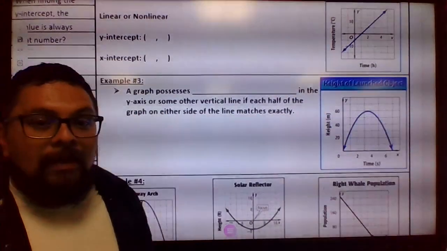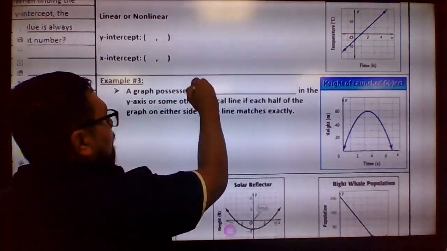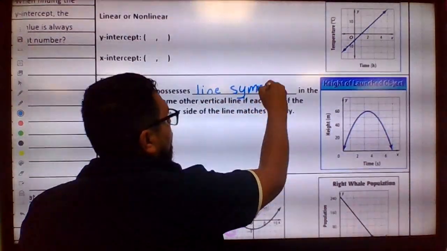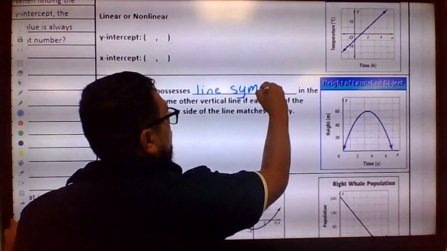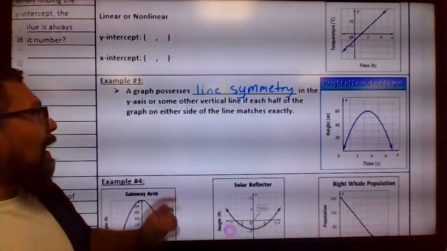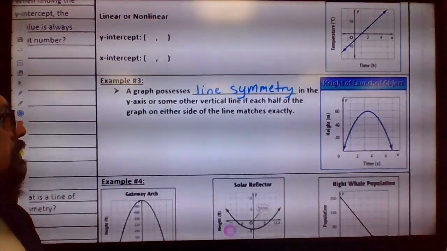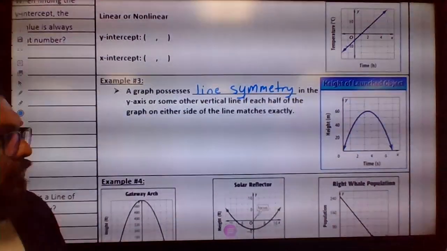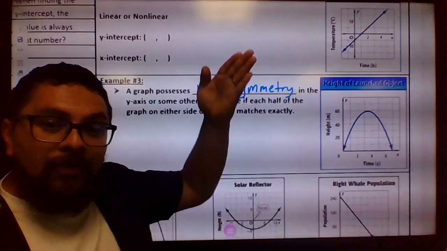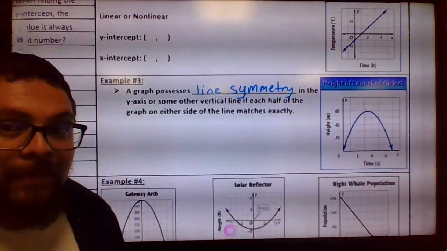So this means that a graph possesses line symmetry in the y-axis or some other vertical line if each half of the graph on either side of the line matches exactly. So if you look at this graph right here, it looks like if we draw some vertical line down the middle,